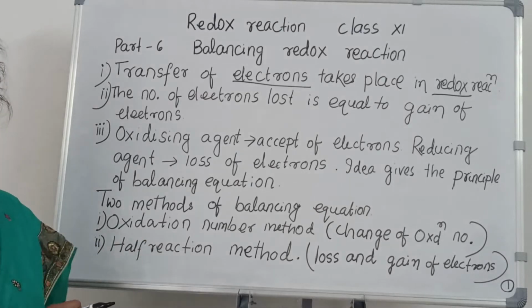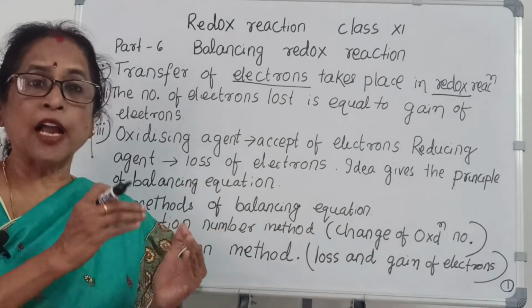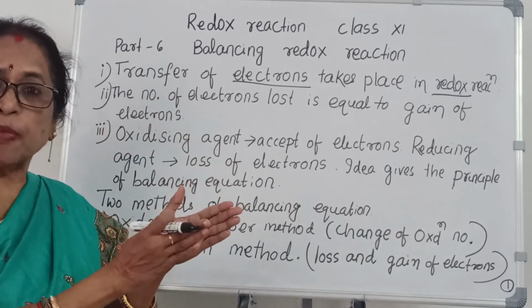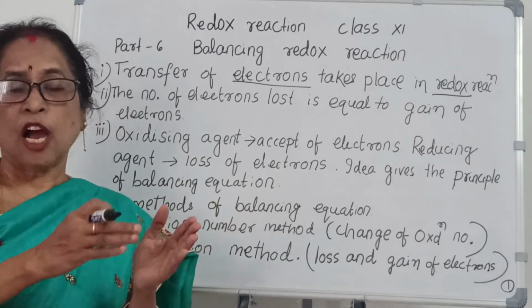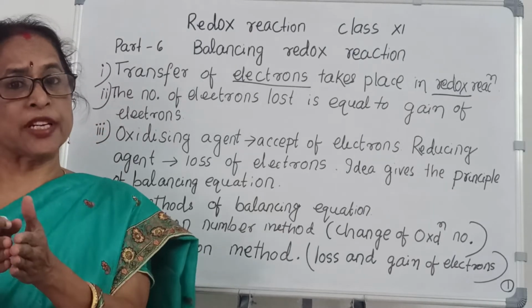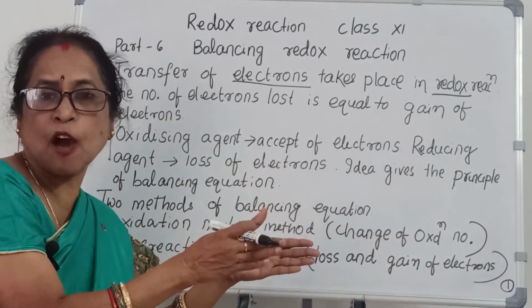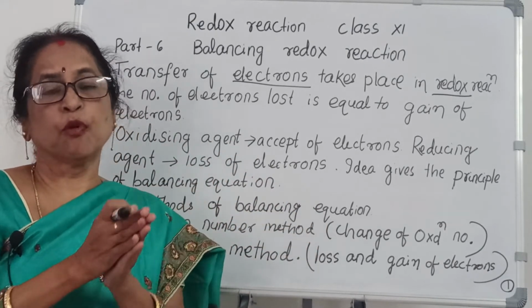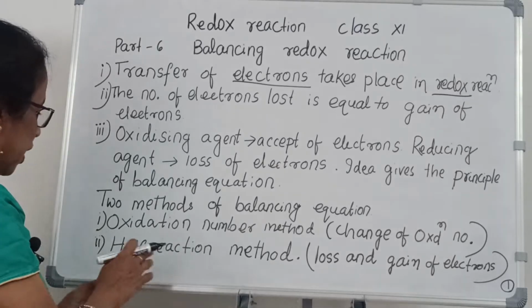Half reaction method. What is a half reaction? I told you oxidation is where loss of electrons takes place. This is one part of the reaction. And reduction, that is gain of electrons, is also one part of the reaction. You can say this is a half part and this is a half part. When both combine, you will get a full reaction. That is why it is called